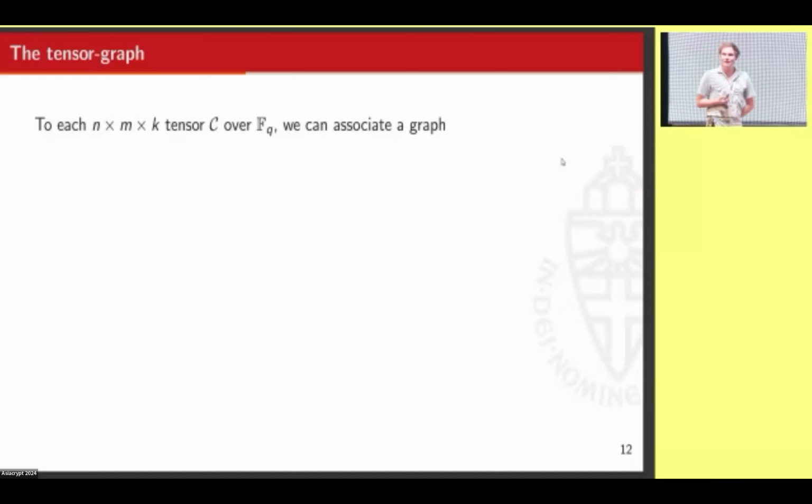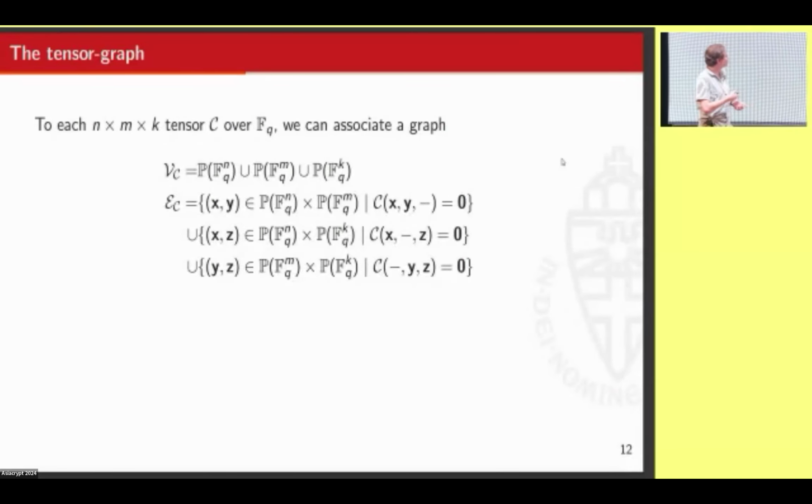Then onto the other tool that we use, and that's the tensor graph. Basically to every tensor we can assign a graph, and it's given by this kind of long definition, but I will explain it in words as well. So basically, what we do is we take each vector space of the input slots. Recall we're looking at it as a trilinear form, and then all these points are the vertices of our graph. And whenever we take a point from the first slot and the second slot, we draw an edge between them if